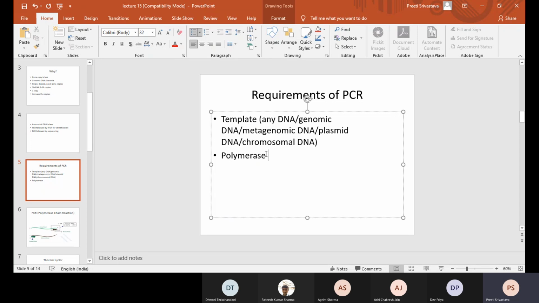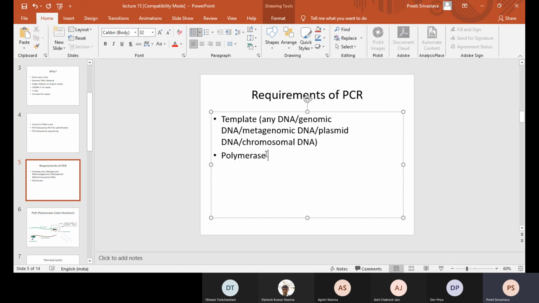So polymerase is required, and these polymerases usually require some kind of primer. If it's an RNA primer, it's called RNA dependent DNA polymerase. If it's a DNA primer, it's called DNA dependent DNA polymerase. This part is clear? So there are different types of polymerases. One can be RNA dependent and one can be DNA dependent DNA polymerase. Both are DNA polymerases. One uses RNA as the primer and the other uses DNA as the primer.